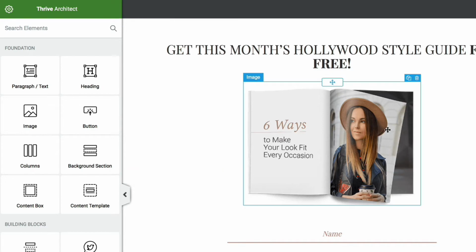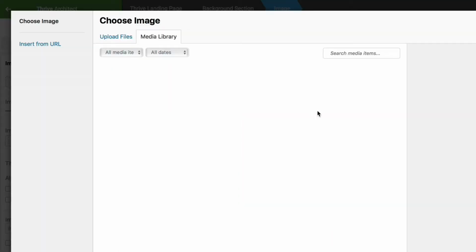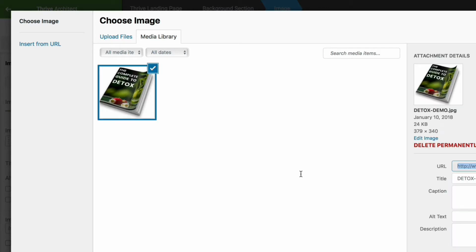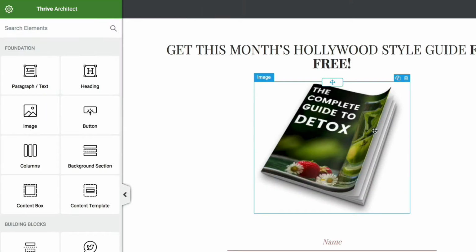So the components that we really need on a squeeze page, and it doesn't matter what system you are using, but the components are always going to be the same. So we will either need some kind of visual reference to the lead magnet, so we can use a video. I think that produces the best results in my experience anyway. Or we need a digital version of a product, of a book. So here I'm going to change image. I'm going to get one that I've already got made, so hit that,